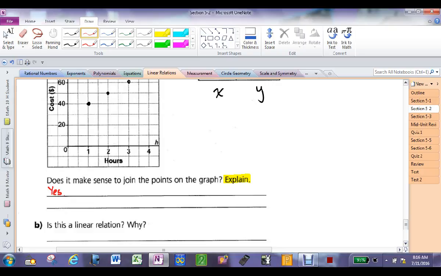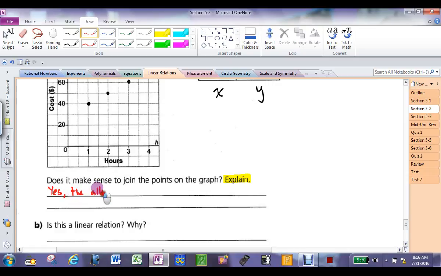Yeah. Here's what I mean. Is the guy charging you by the second, like your cell phones? No. Or is he charging you by the hour? The question says by the hour, but it doesn't say if that hour is prorated, which means if you use a fraction of the hour, you pay a fraction of the hour. Do you understand? So if you say yes, that's fine, but then your explanation must be